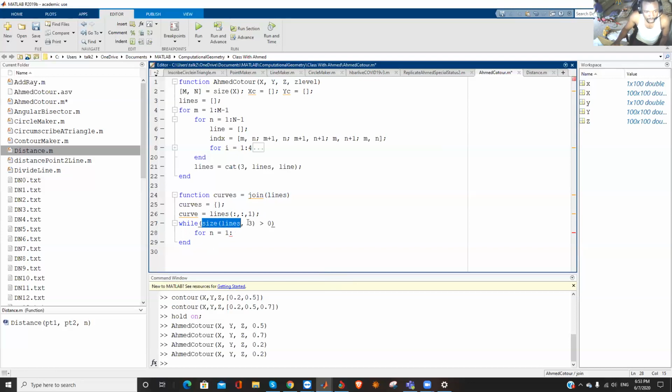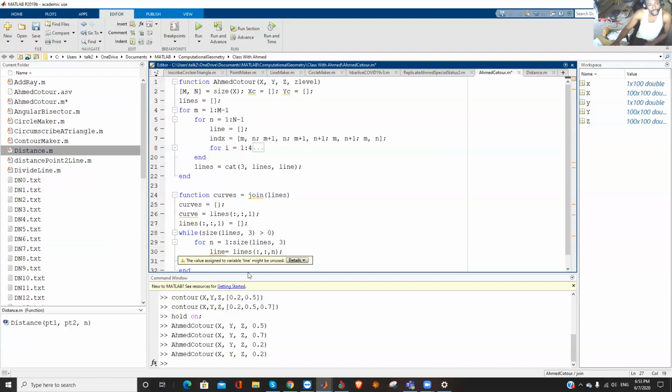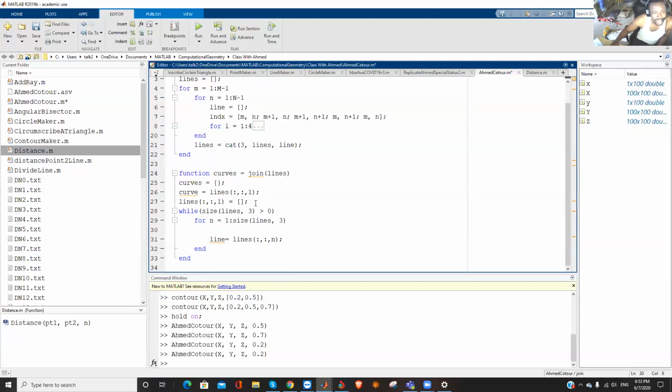Sideline 3. So now see, I take the first line, I put it inside this curve, then I delete that line